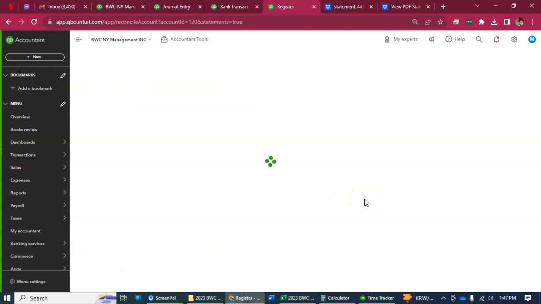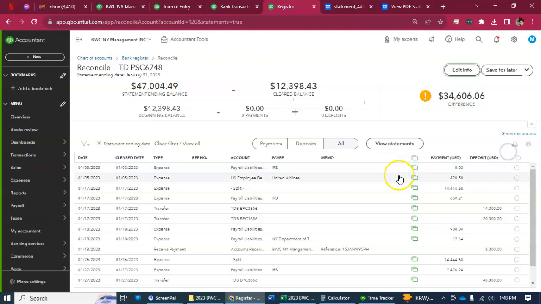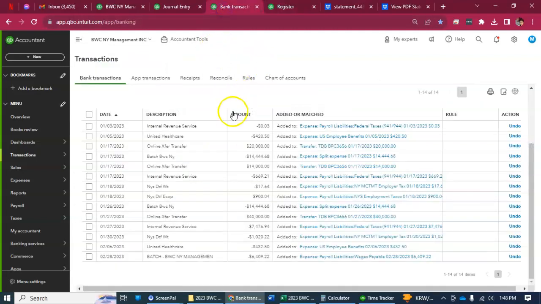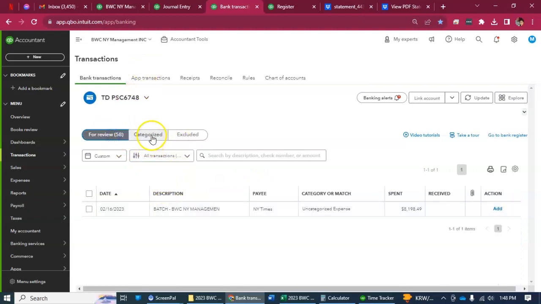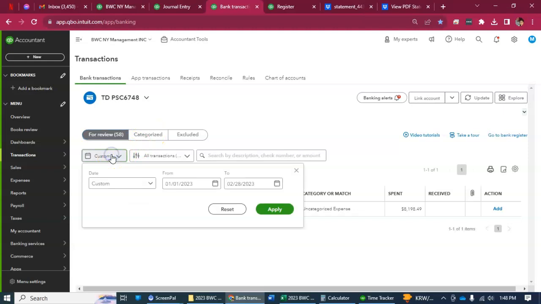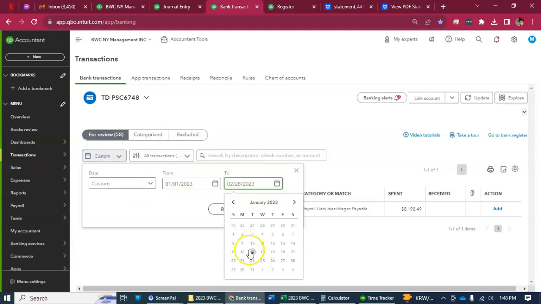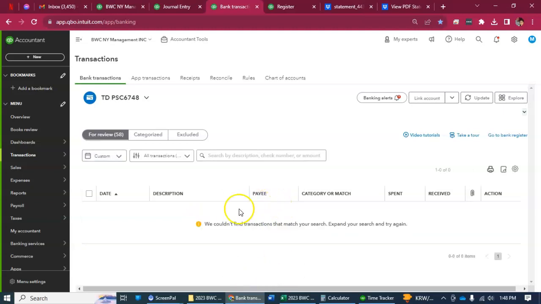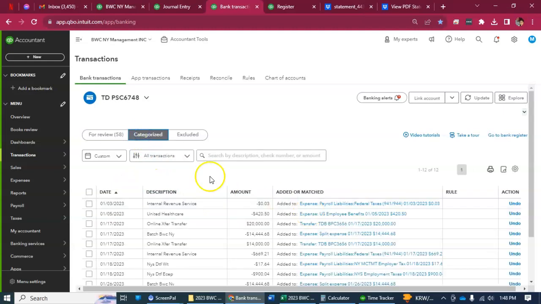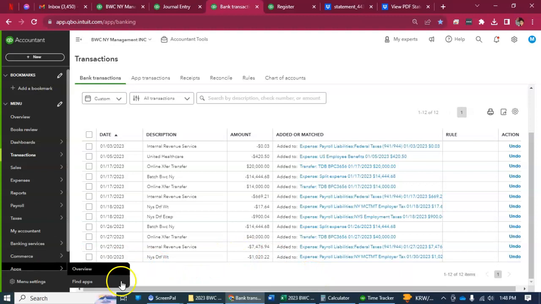Okay, it looks like all of the transactions are in here. So make sure that all the transactions that are in January, bank fees, are all in here. If we filter this to January, that one. Okay, so there's none. So it is all categorized here, all the January. Okay, now